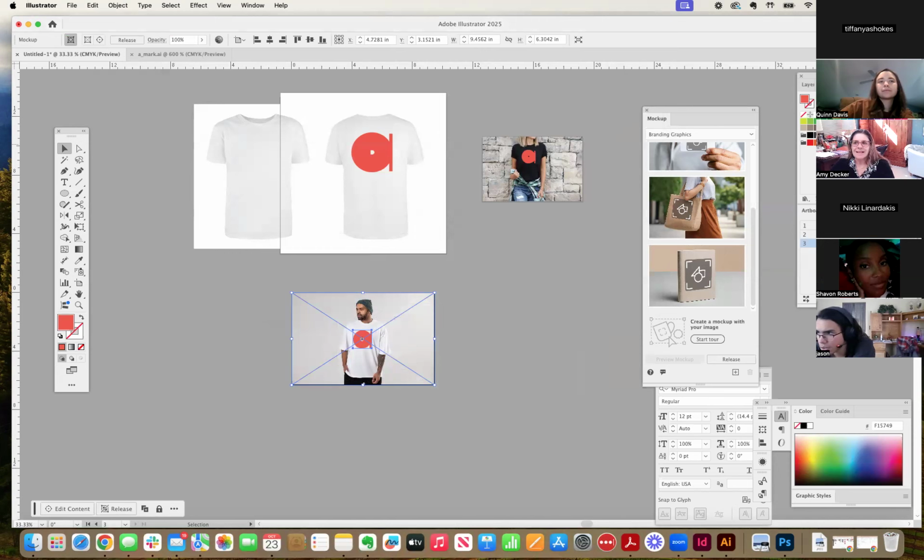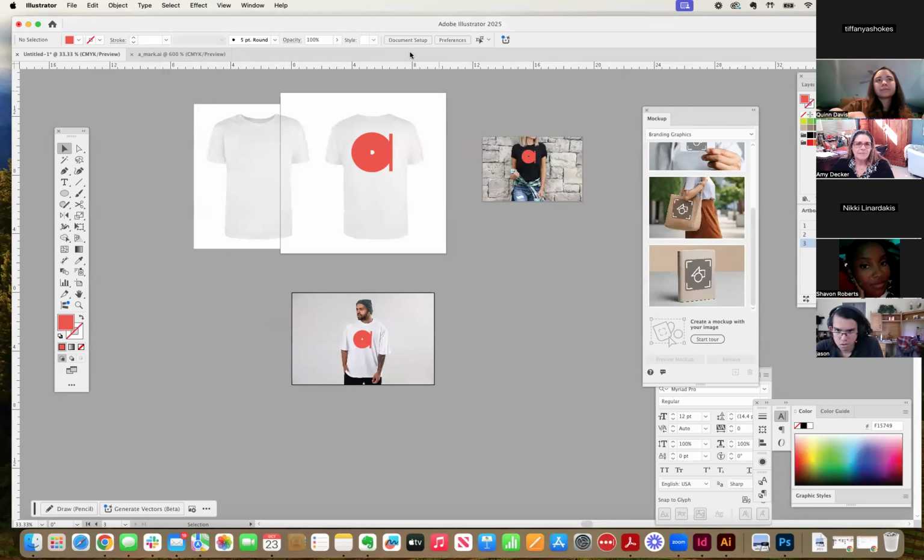I see some hands are up. Tifa? So, it copied fine into the t-shirt